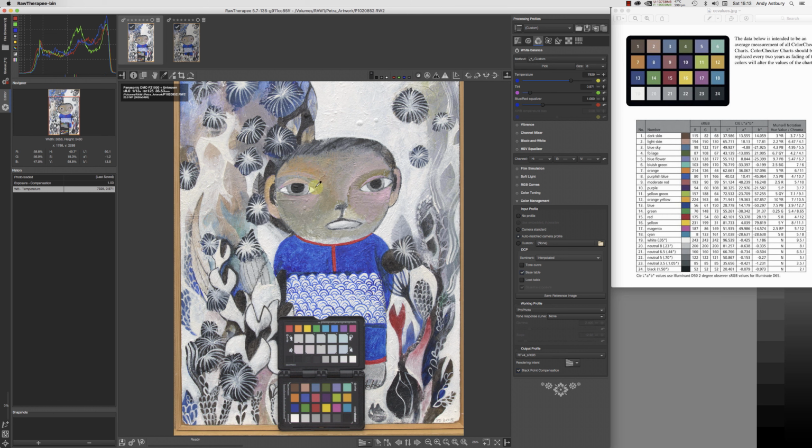I'm not going to do anything else to this image inside of RawTherapee. I need to get this into Photoshop to do anything else to it, because I need to start checking against the proof colours, and you'll notice I am not using any camera profile and I'm not using any printer profile inside of RawTherapee. It is, to be frank, too much like hard work. So all I'm going to do is export this, and I want to keep as much of the colour as possible when I get it inside of Photoshop, because I want to use the colour conversions inside Photoshop, and I want the maximum amount of colour information. So I'm going to leave the output profile